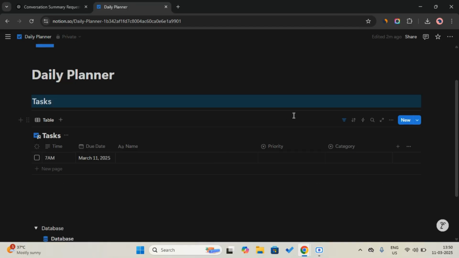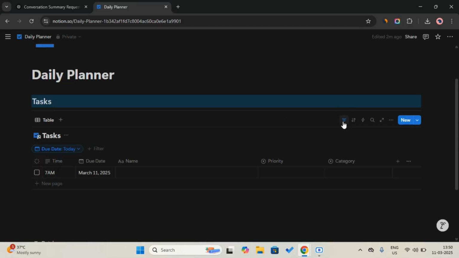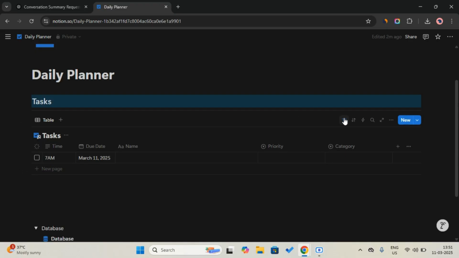After adding this filter, we are showing the tasks that have a due date today. Now we can create more views by altering that filter. But first of all,